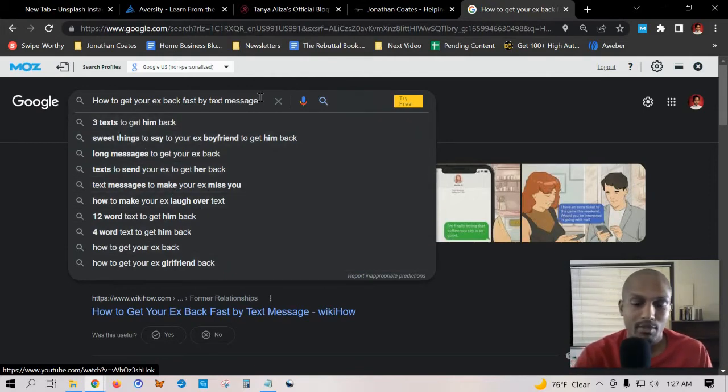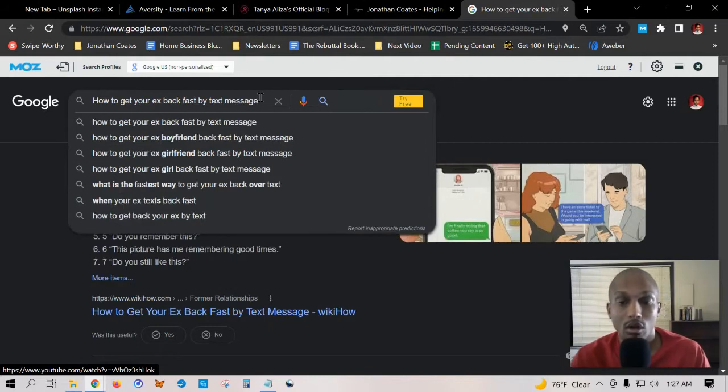But if you click on the space bar, you get even more long tail variations. Like our main one is how to get your ex back by text messages. These long tail variations go: how to get your ex-boyfriend back fast by text message, how to get your ex-girlfriend back fast by text messages. So as you can see, we've got literally dozens and dozens of